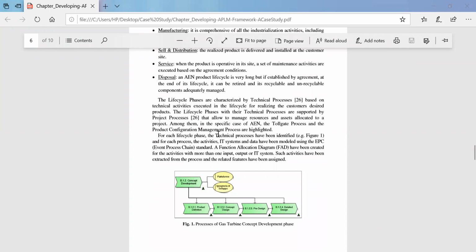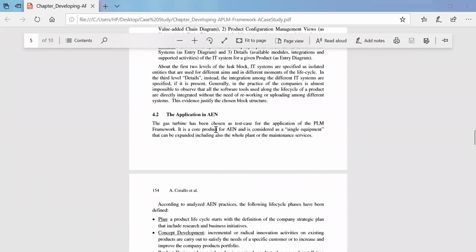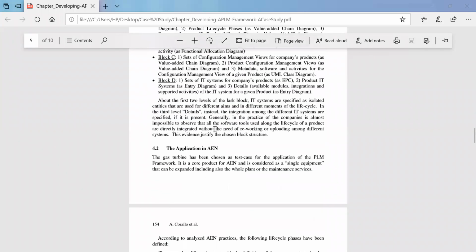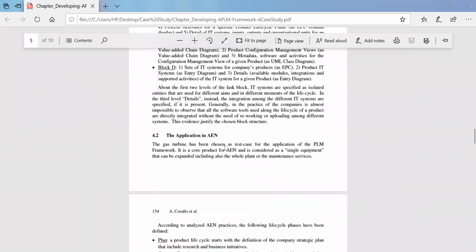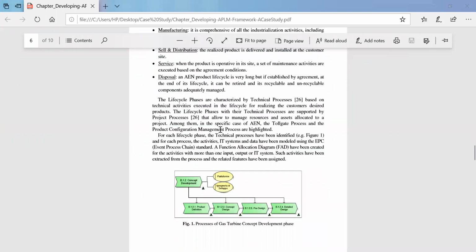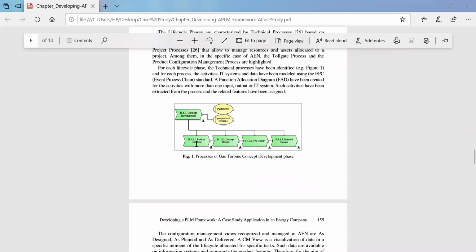Okay, so this is about the application of the PLM framework in the company AEN. So later they have just characterized the process of the gas turbine concept development phase, how it looks exactly. You'll be first defining the product, and then once the product is defined, you will conceptualize the concept of the design which has been needed based on the product defined.